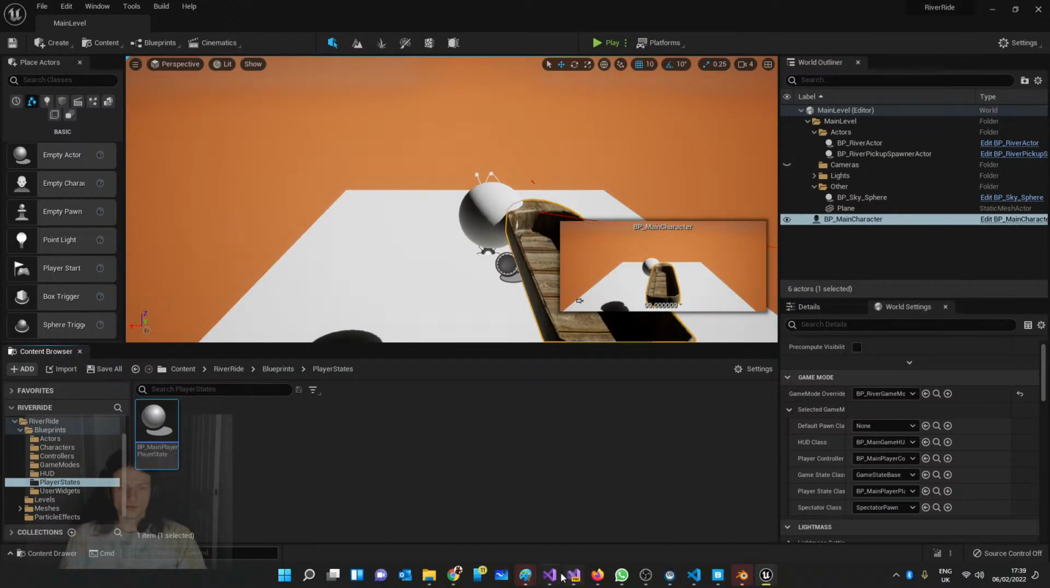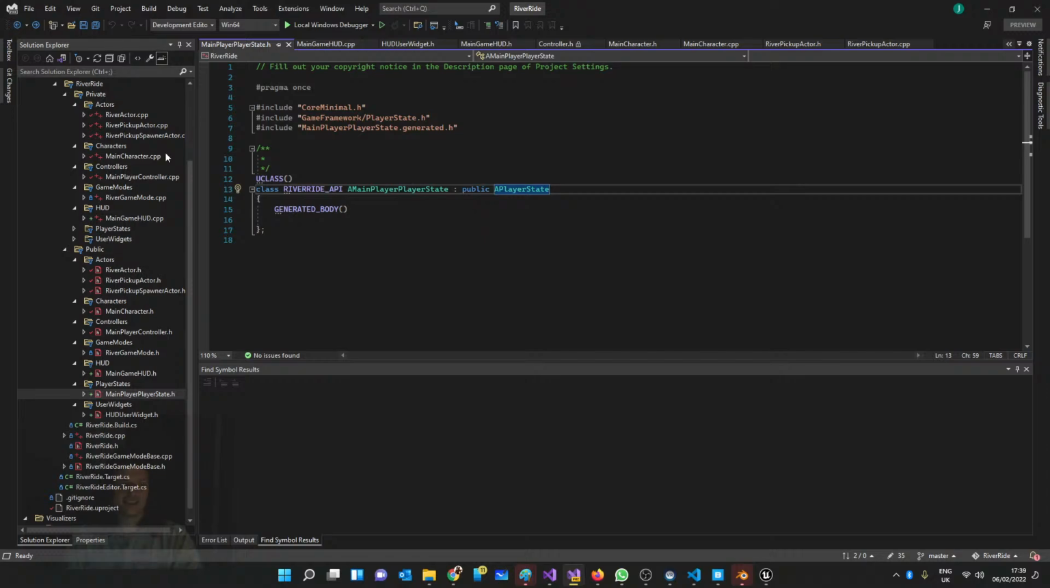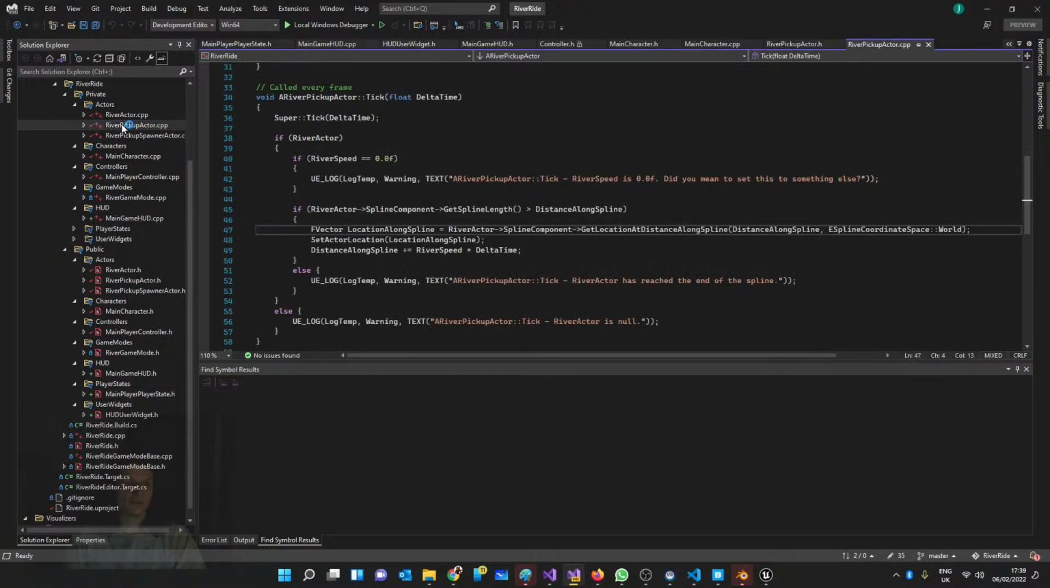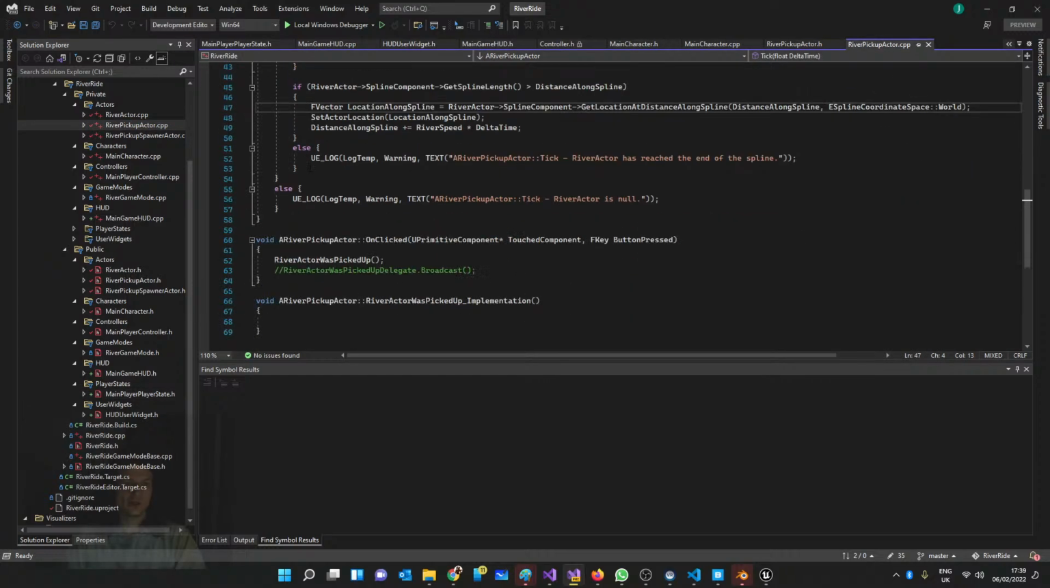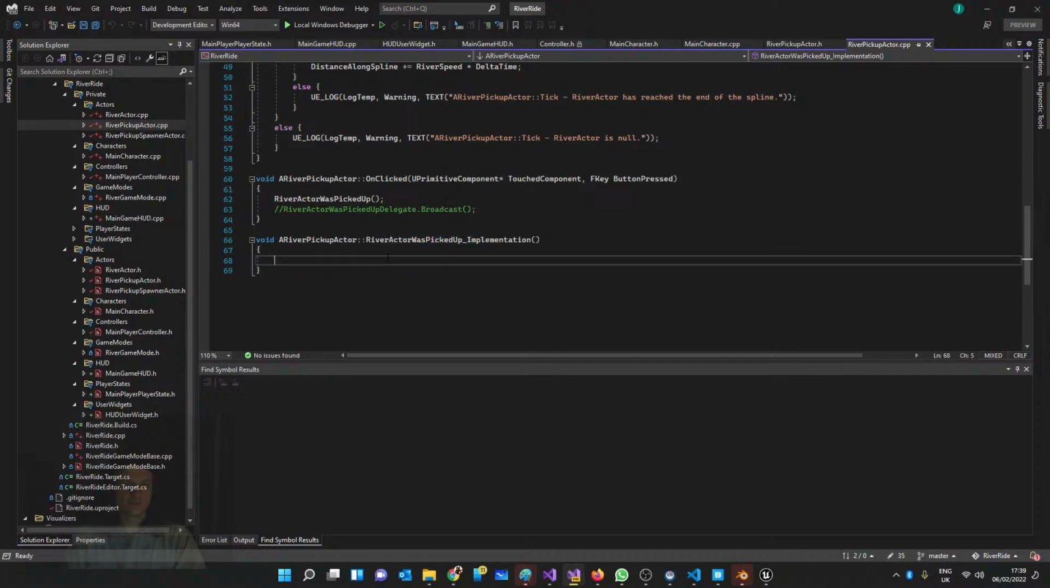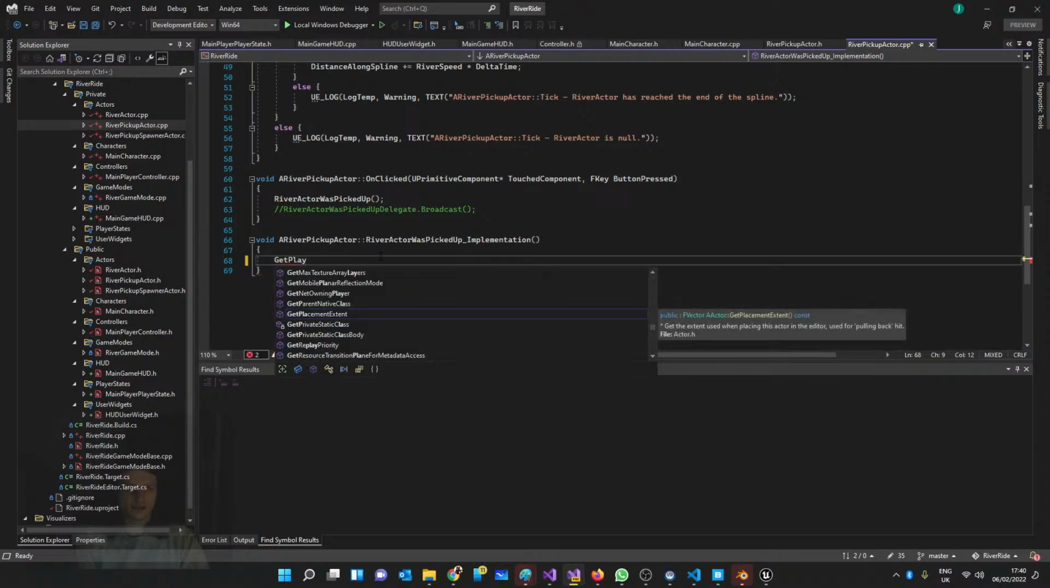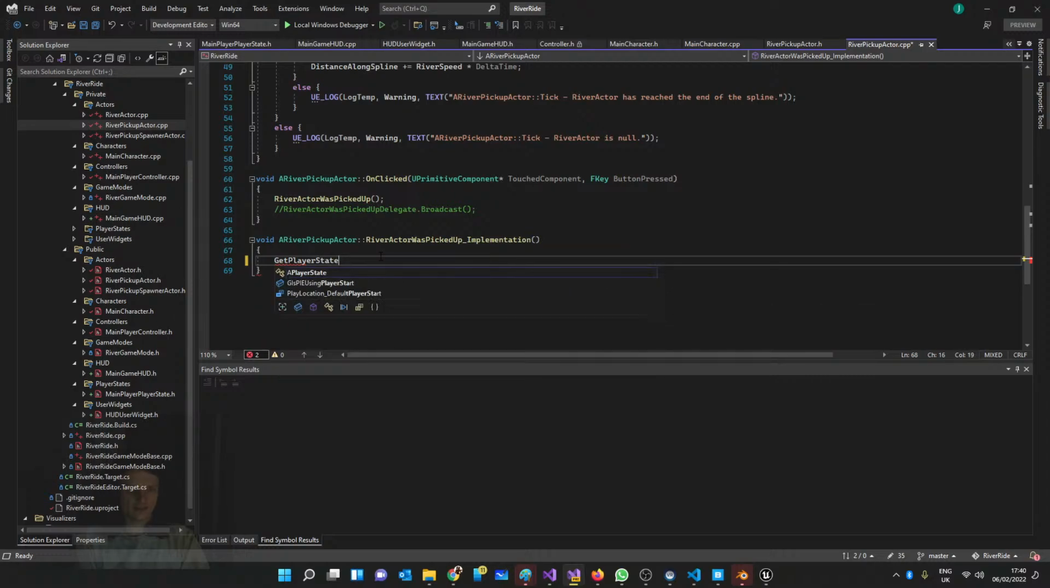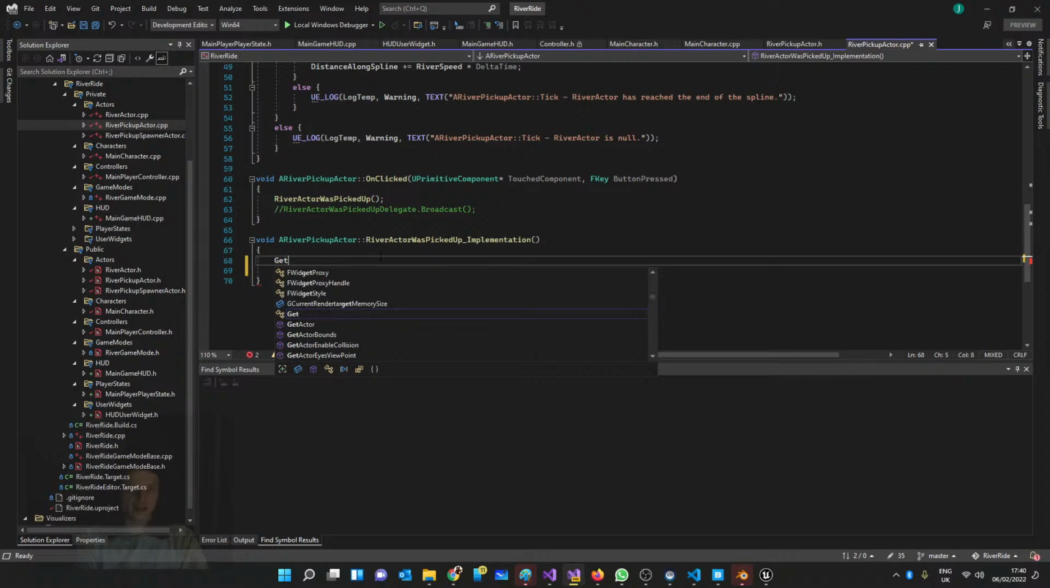So what we want to do is, now that we're using the official player state, we can actually use some built-in methods. So what we could do is say on the river pickup actor, if the actor was picked up, then set player or get player state. I think get player state, and it's actually not available here. What you have to do is go and get the current player. So I think you can do